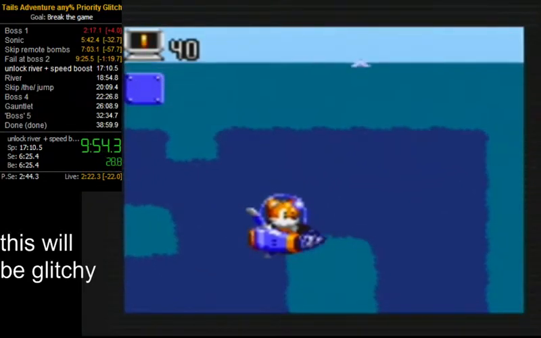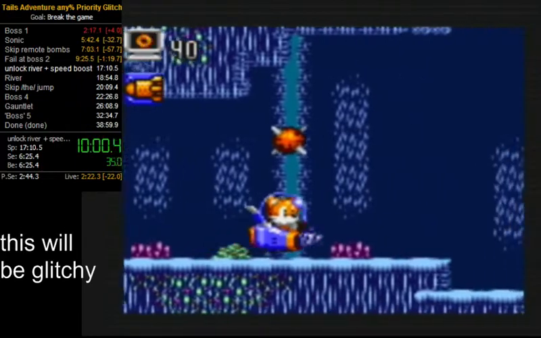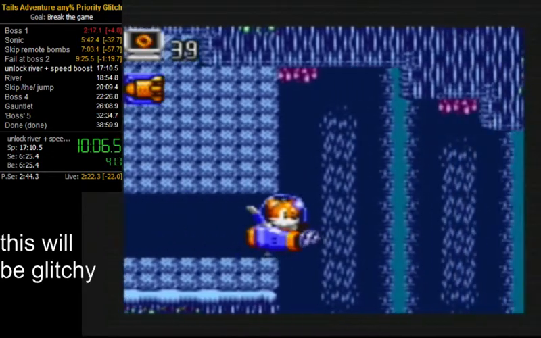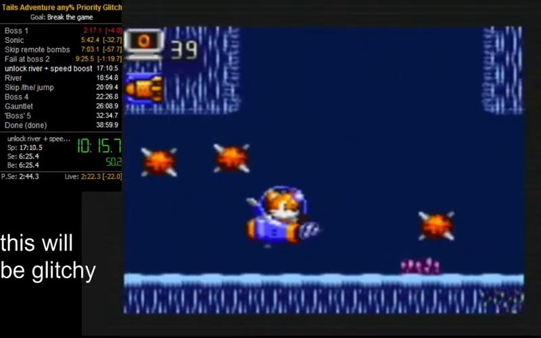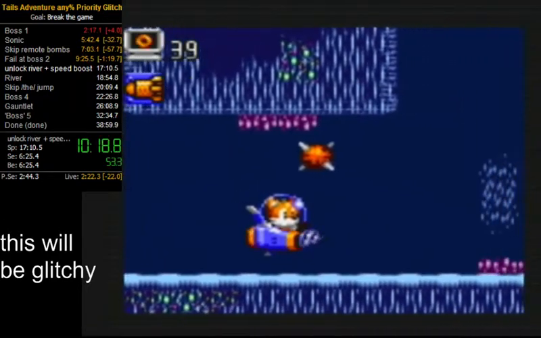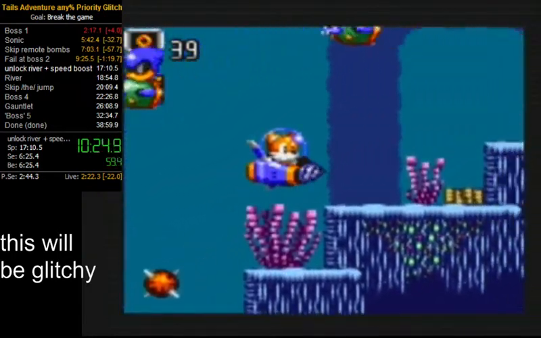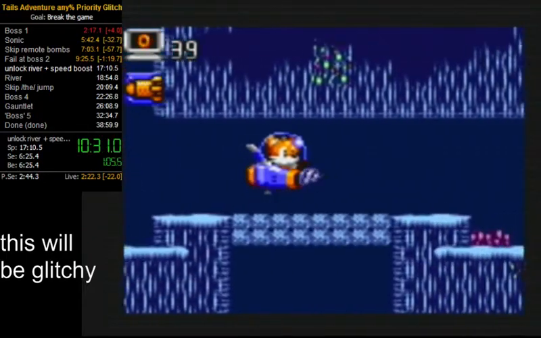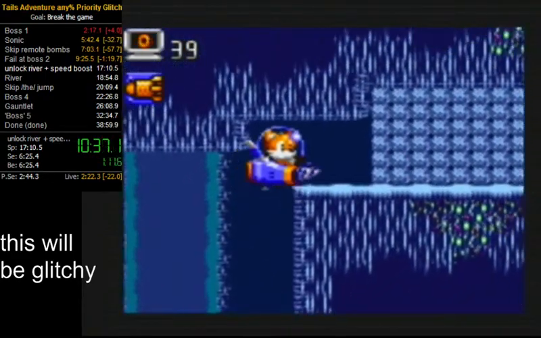Let us go unlock a river. And not take damage doing it. Until we have to take damage. Well. I guess we're gonna take a little bit of damage. But that's okay. Remember to go down right here because that guy's going to shoot at us, and getting hit there is very silly, so...